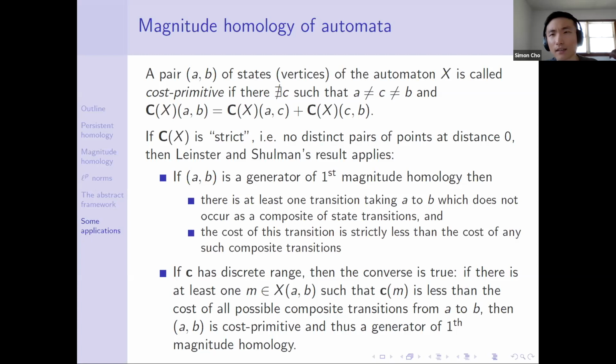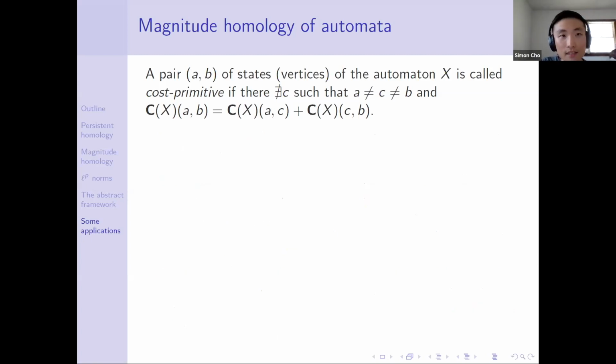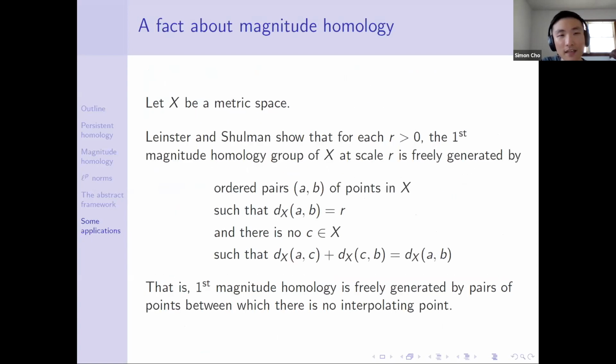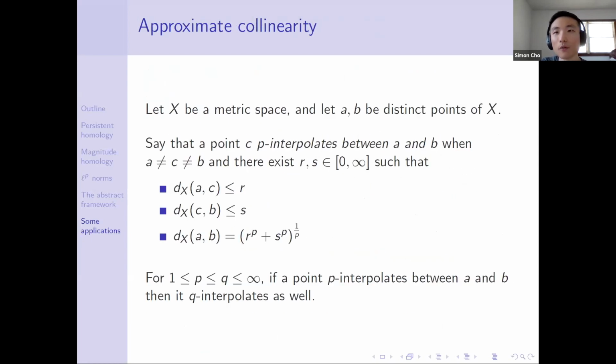I'm just wondering if there's a whole family of homologies you could use in between, right? So that's something this application is kind of hinting at. You don't have to use magnitude homology, which is very on the nose. You could blur the P a little bit. That's right. So I guess my question is, could you